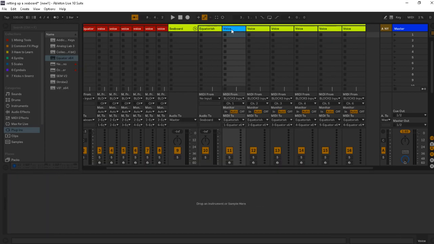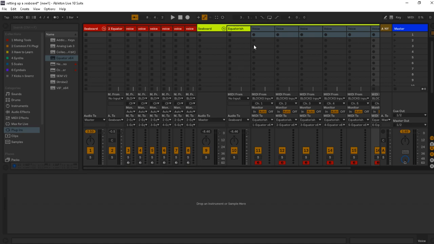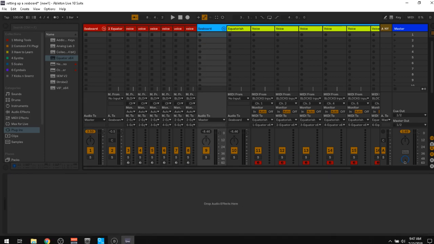So now I can select all of the voices again, arm it, and so now I have two separate but equal things. So now I can show you about the block, the LightPad block, and I just got